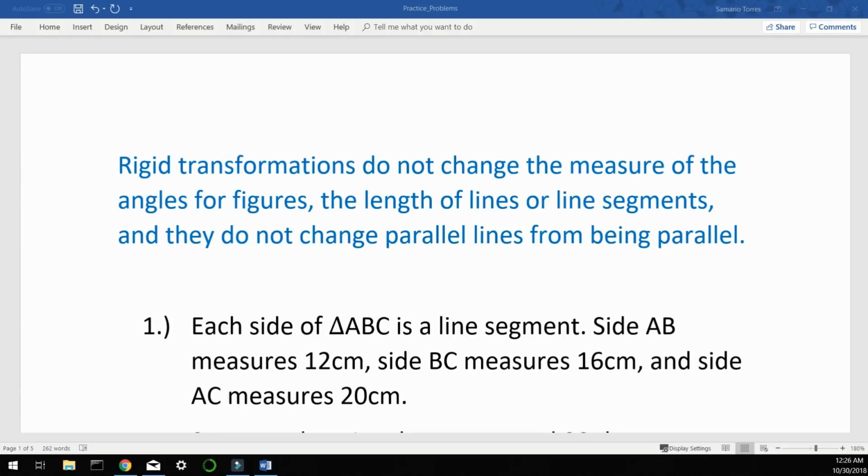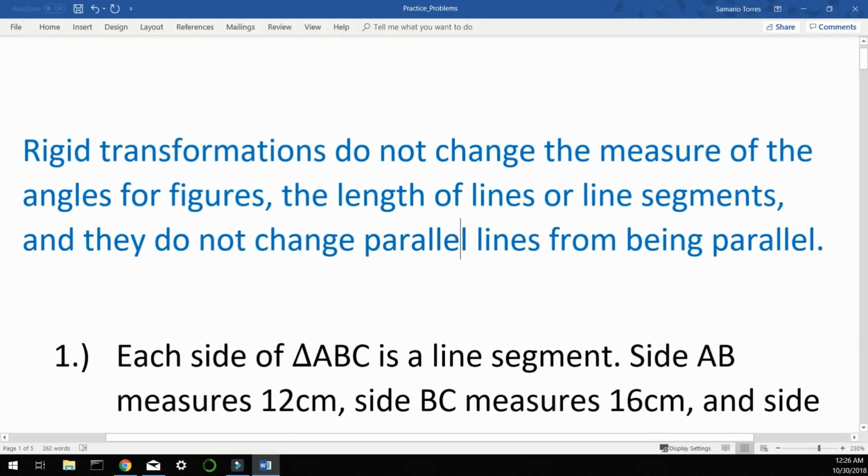Alright guys, so in this video we're going to be looking at some problems that resemble the test. They're test level problems and we're going to see how to handle them. Before we go into that, let's review pretty much the most important sentence that